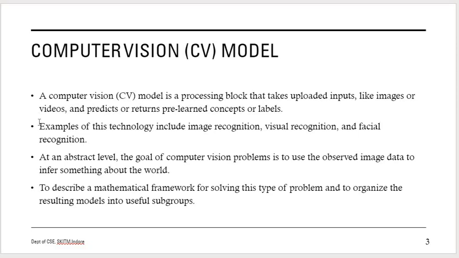If I am talking about an example of this technology, we are using the uploaded inputs, images or the videos, and predicting the output, the pre-learned concepts or the label, like basically what type of object is there in the image. Examples include image recognition, visual recognition and facial recognition.